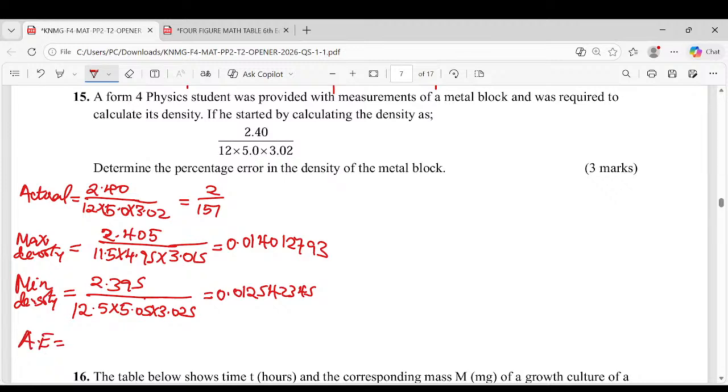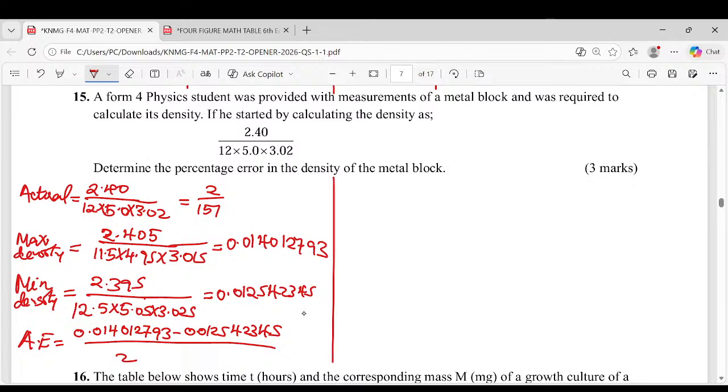Absolute error is maximum value, that is the 0.0140127993 minus the minimum, which is 0.012542345 being divided by 2. So we are going to get an absolute error of,